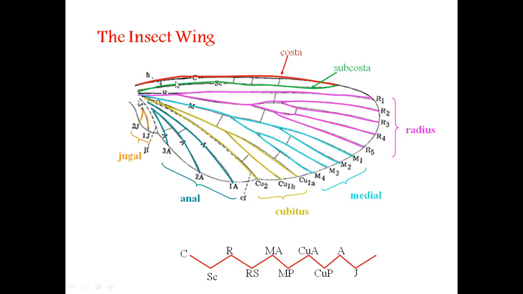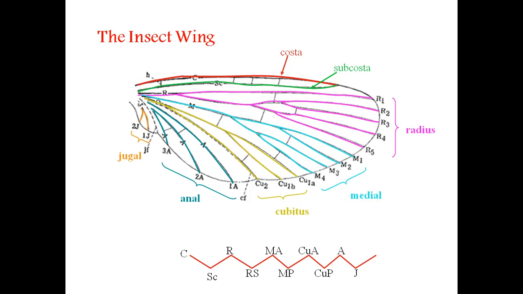Okay, it is unbranched, and it is the convex vein. The costa is convex, thick, and unbranched, called the costa. The subcosta runs immediately below, that is the green colored vein, known as the subcosta, immediately below the costa, always at the bottom of the trough between the costa and radius,